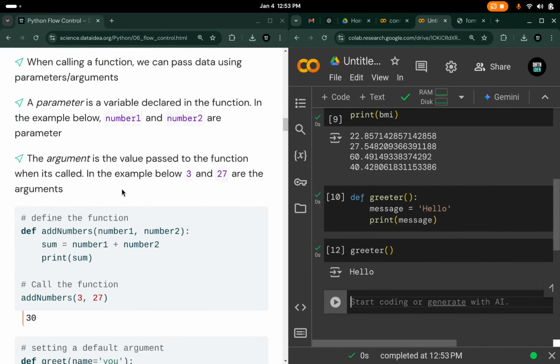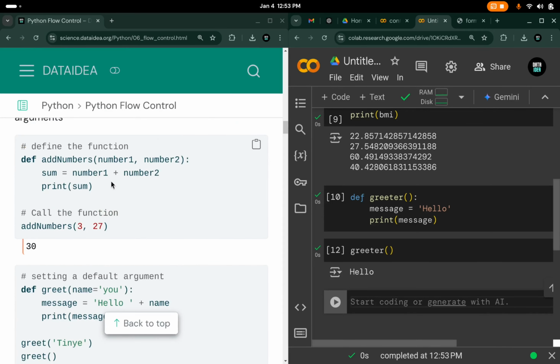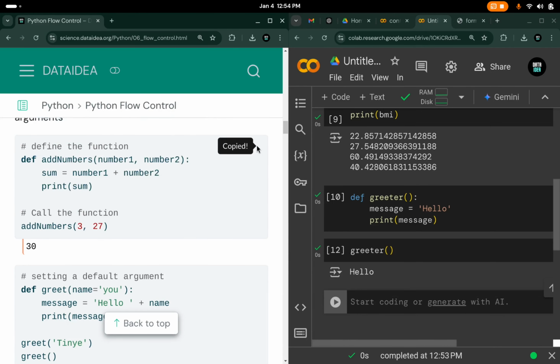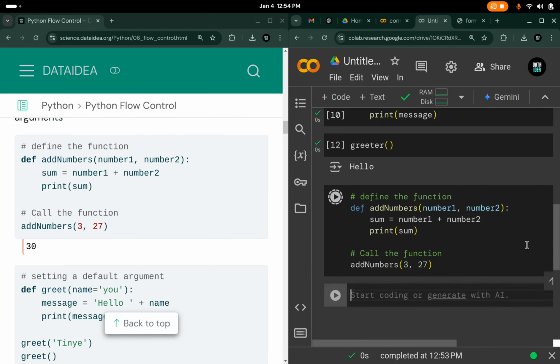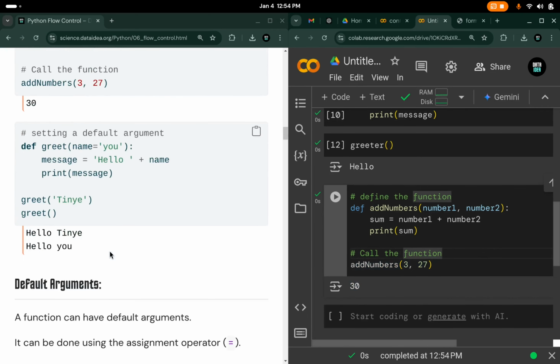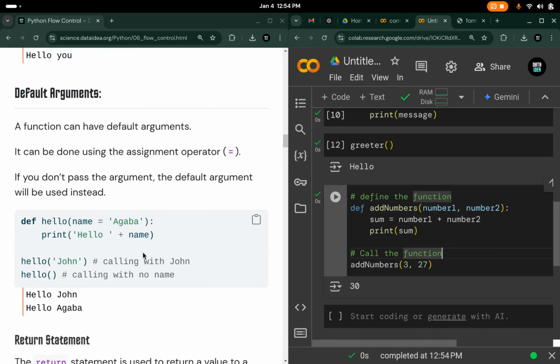And I've talked about all this. There are really so many examples on the website. There is this example where we create a function that adds 2 numbers. Let me just copy this one also, and we have a look at it here. This one adds 2 numbers, and if we call it here with 3 and 27, you see it returns 30. It's really nice. There is more. There is this one that greets you by name,